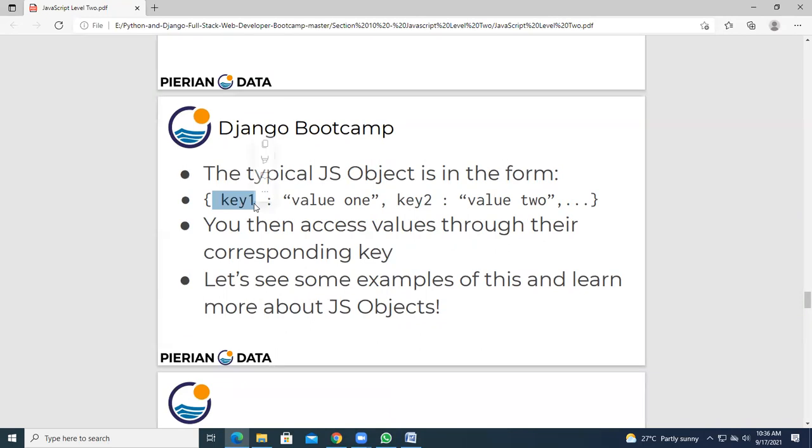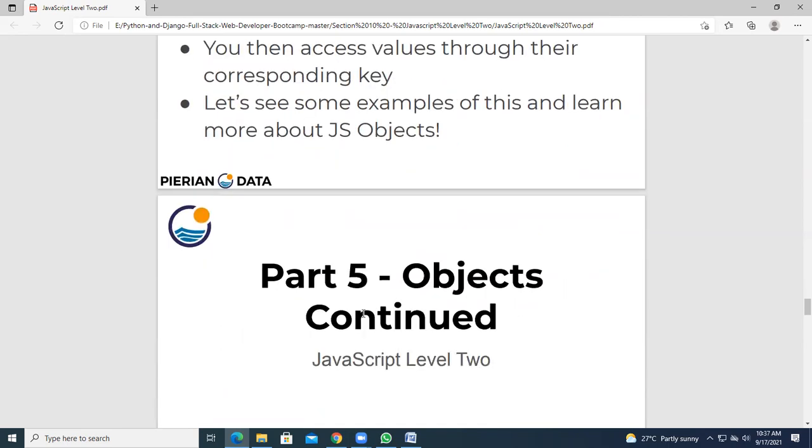There will be one key, and you can have one value or n number of values for that particular key. You can access the values through their corresponding keys. Let's see some examples of this and learn more about JavaScript objects.